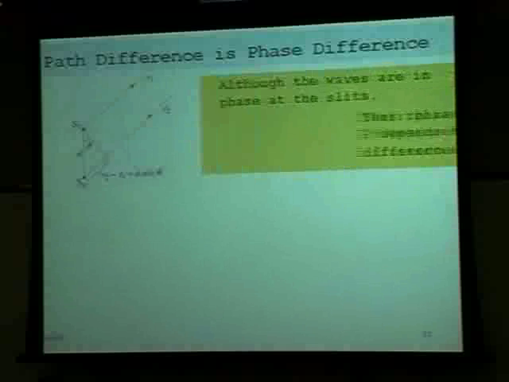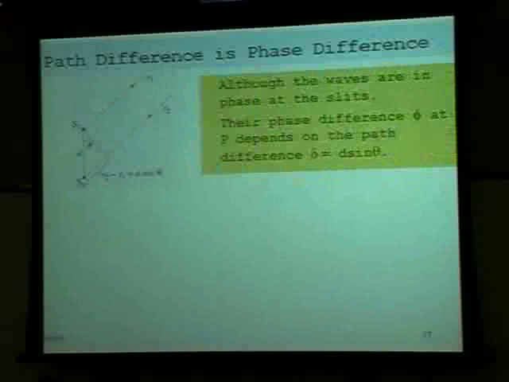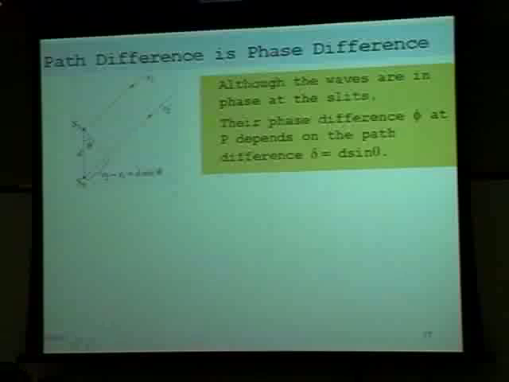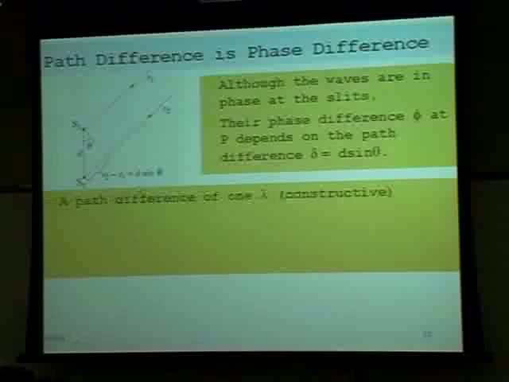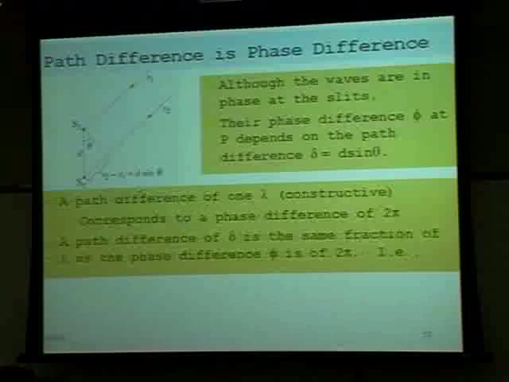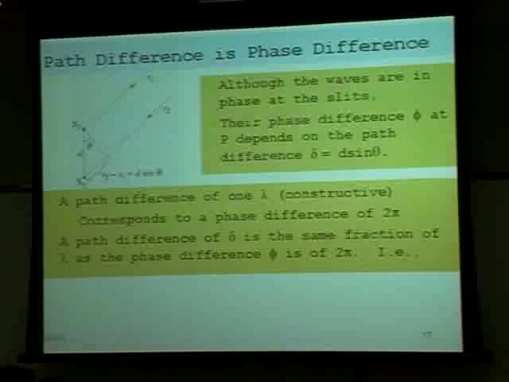So in general, if you're right on, the phase difference would be either constructive or destructive interference. But in general, your path difference, sigma, would be equal to d sine theta. Now we could say that that path difference would be the same fraction of the wavelength as your phase difference, phi, is of 2 pi. In other words, if you go one full wavelength, you go one full revolution, if you will,